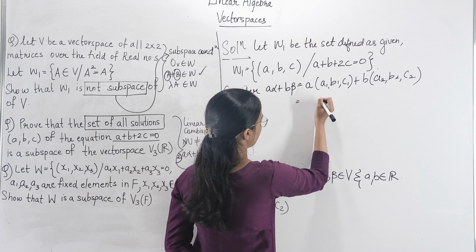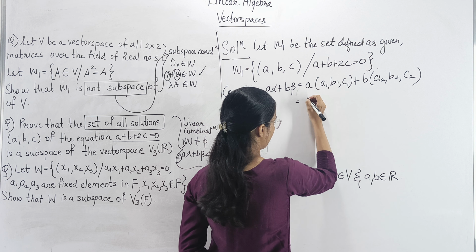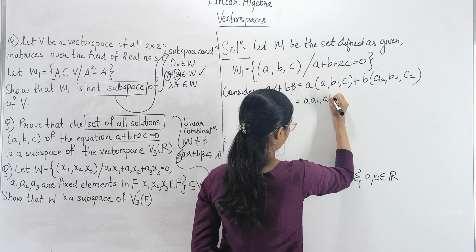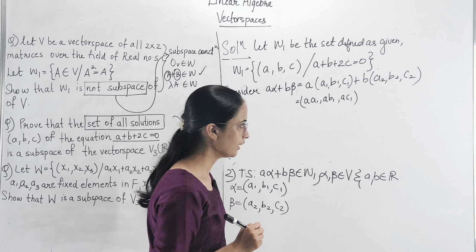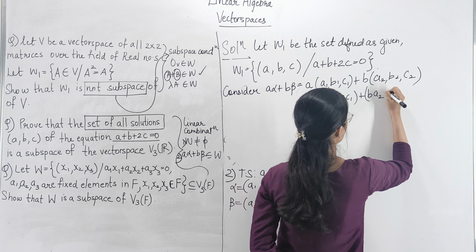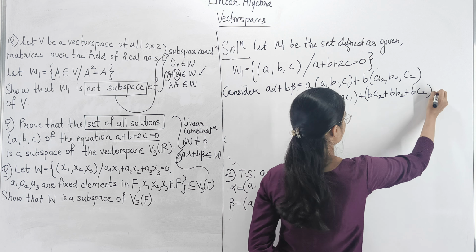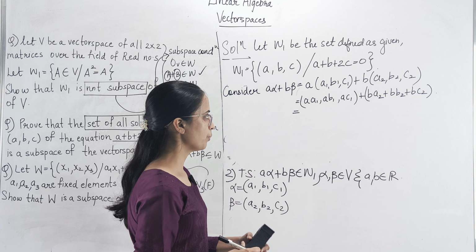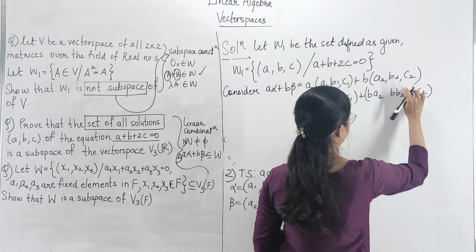So here what we would do is, I would first multiply a with the tuple and b with the other tuple. So a into A1, comma a into B1, comma a into C1. This is your first bracket. Now next, b into A2, comma b into B2, comma b into C2. Now let us further simplify this. What I would be doing is, I would be adding the first bracket and the second bracket.